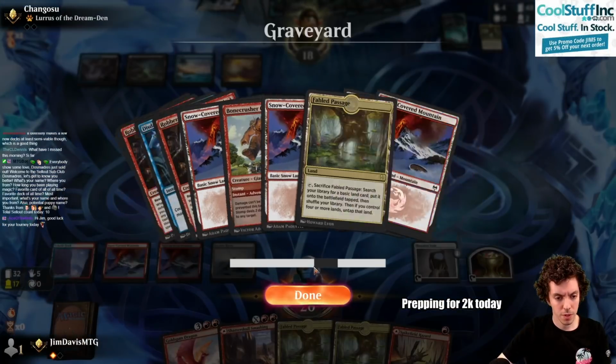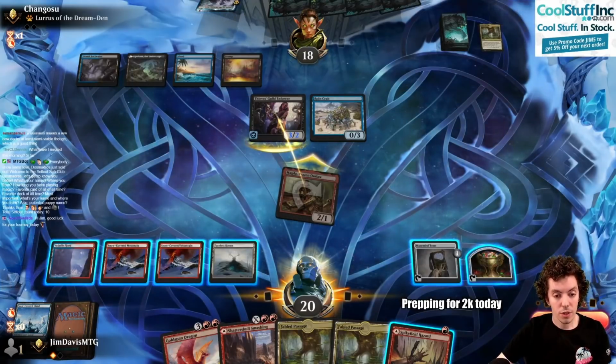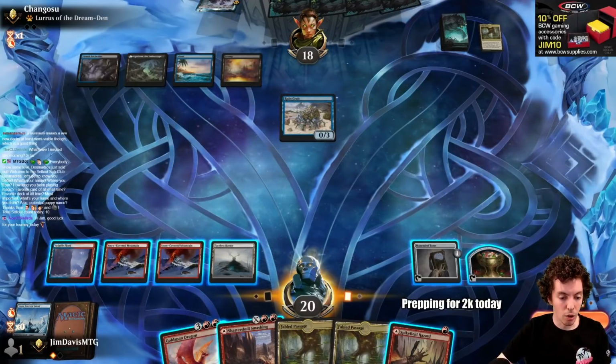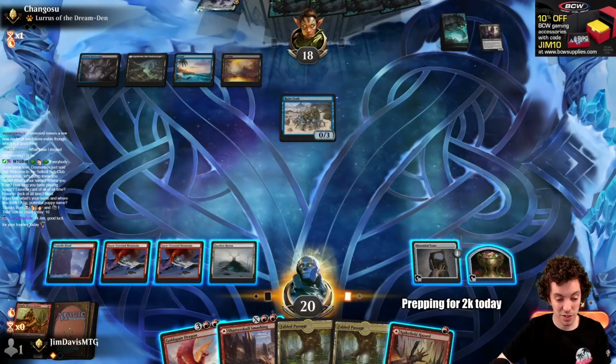Try and draw a counterspell. Stroke and Dispute. They're going to block here, which is totally fine. We're just going to say go. They're going to cast the draw spell. We're going to try and draw a counterspell, I guess. Which is not really a great situation, but